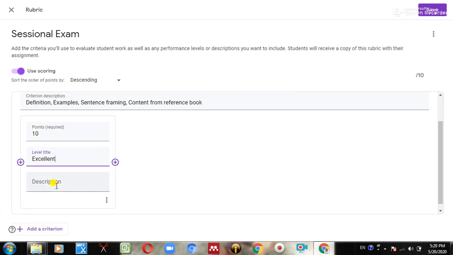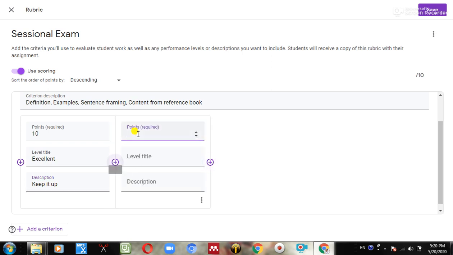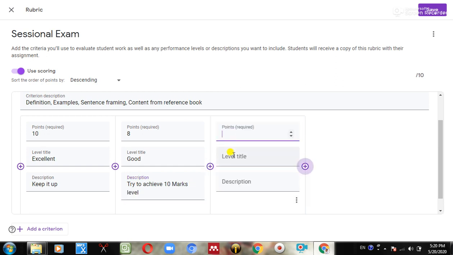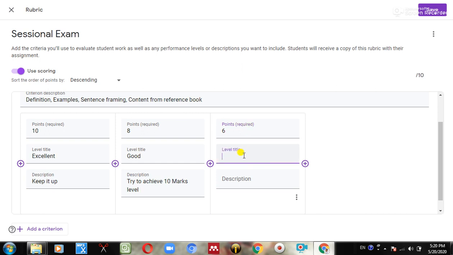Some students may secure 4 marks or below 4 marks, so you can simply say below average or below passing. Over here you can put anything else, like they need more practice, they can meet me, or pin down what the problem is and ask me whatever you want to pin down. So meet me with the problem.